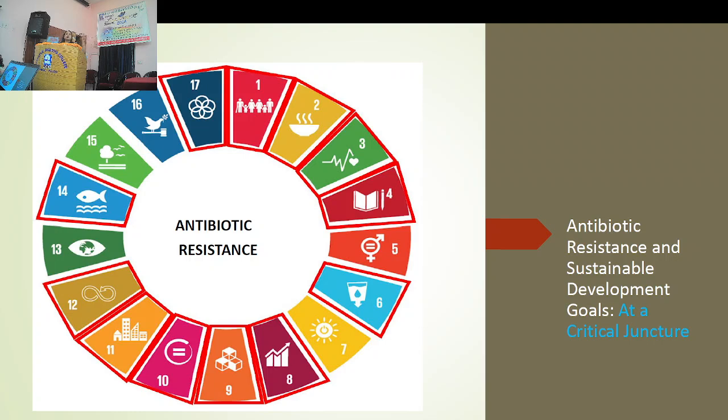So if we are not acting on antibiotic resistance, we may not reach the sustainable development goal. Even now we will not reach the sustainable development goal, because there was a COVID period where there was no development. It will go from 30 to 35, but if we cannot negate these factors, we will not reach even 35. Because it is impacting 12 of the 17 parameters for the sustainable development goal,